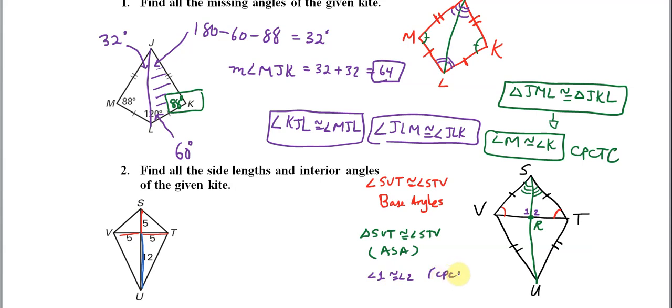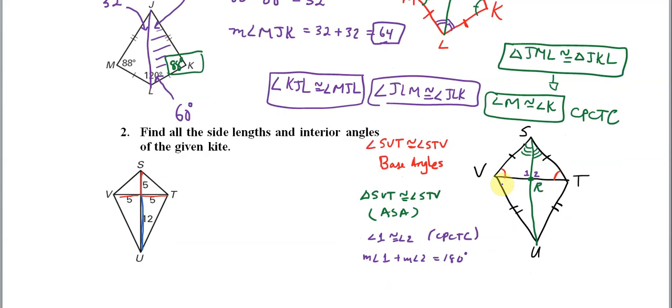by CPCTC, and they're a linear pair. They add up to 180. The measure of angle 1 plus the measure of angle 2 is equal to 180 degrees. Okay. So let's think about this a little bit more. If you have two numbers that add up to 180 and are in fact